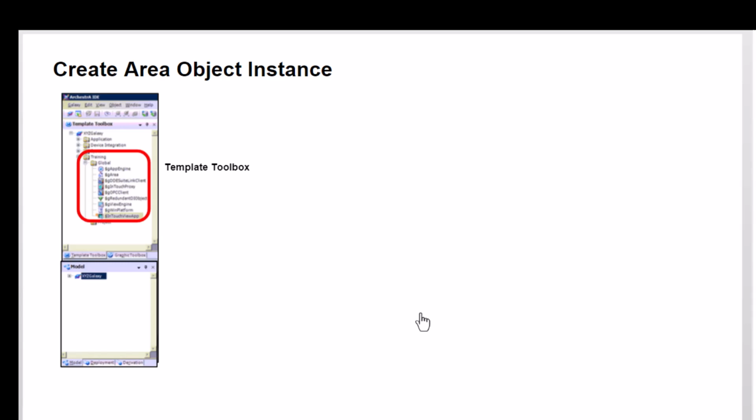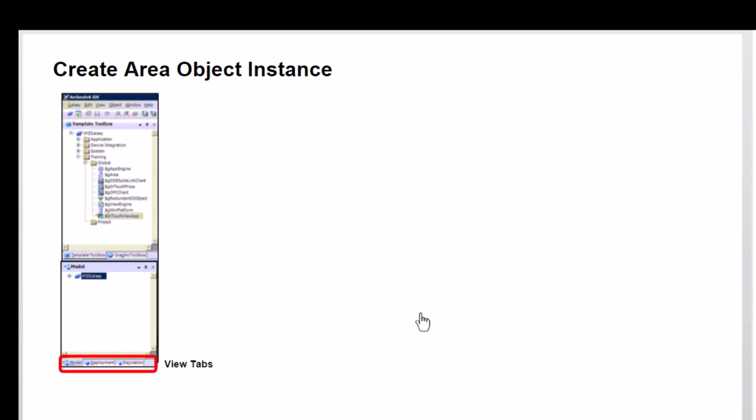As a reminder, object templates automatically add a $ sign as part of the naming convention when they are created. Keeping the $ sign in the name distinguishes this as a template and may not have all the attributes your specific area object needs. Therefore, you may need to add some additional attributes when configuring the object for your galaxy.